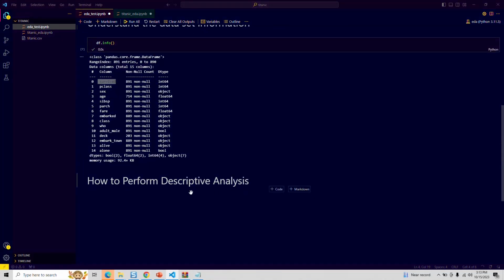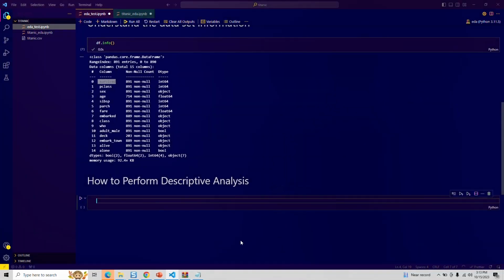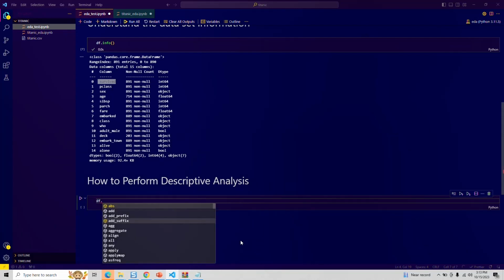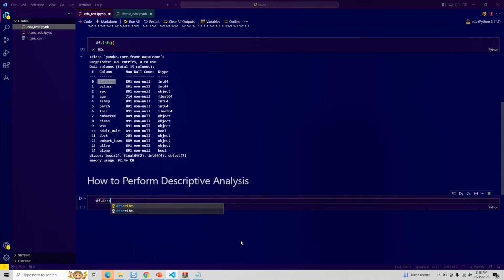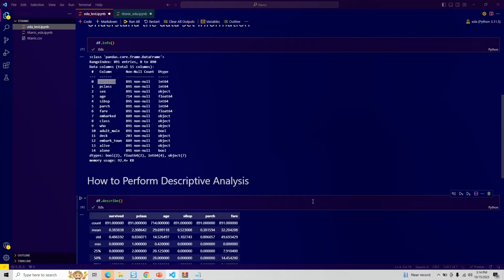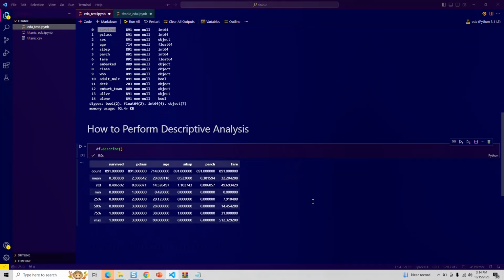So at this time, I need to click again in the code section, and this time we need to perform the descriptive analysis. I just need to write df.describe and specify the parentheses. And again, you can either click the play button or press Control Enter, and this is how easily a one-line command